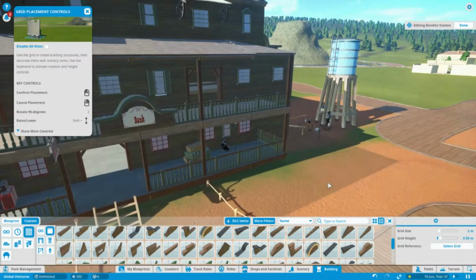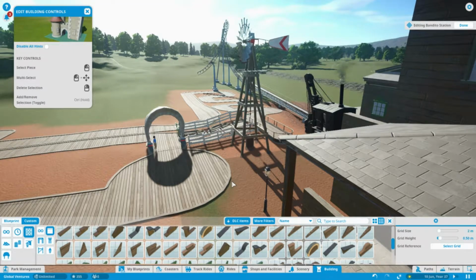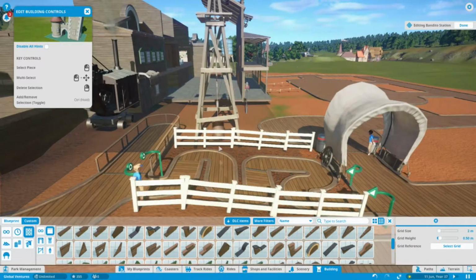Now getting the priority underneath the entrance queue is going to be the tricky bit, because I would quite like to leave the priority here as well. So at this point they're going to be running side by side. So if I move this